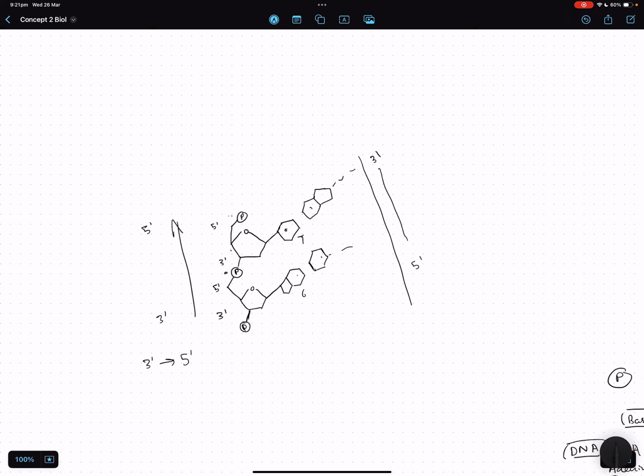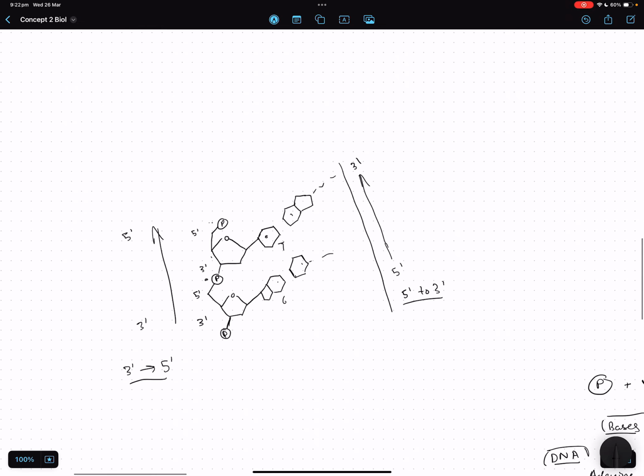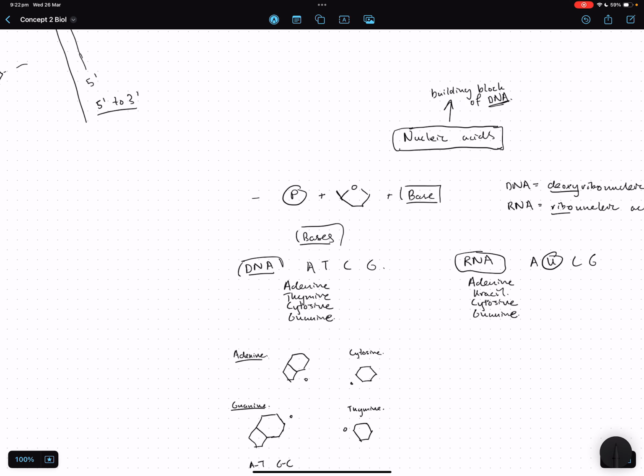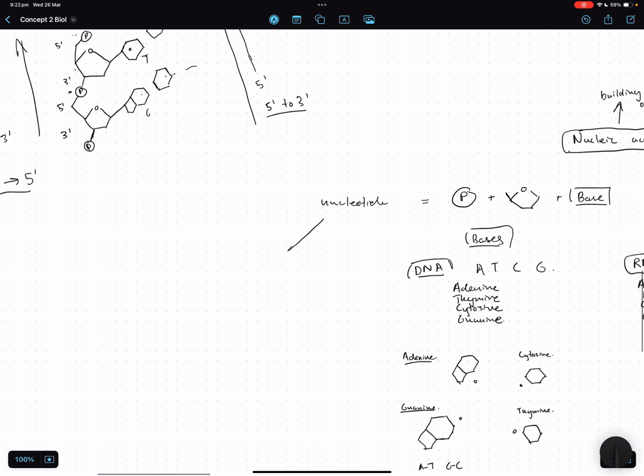So as soon as we make our orientation, this one is called running 5' to 3'. This is later important for replication. But yeah, these are the nucleotides. The nucleotides themselves, these are the bases. This forms a nucleotide. So the names of these ones are